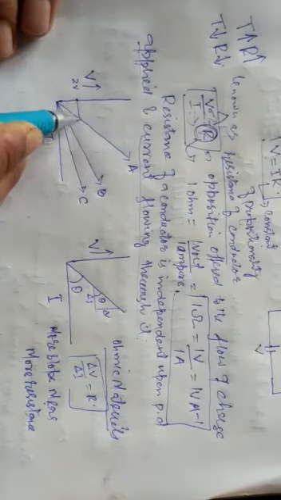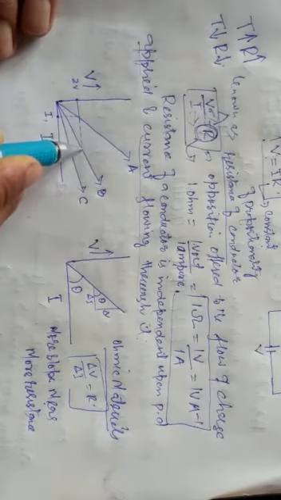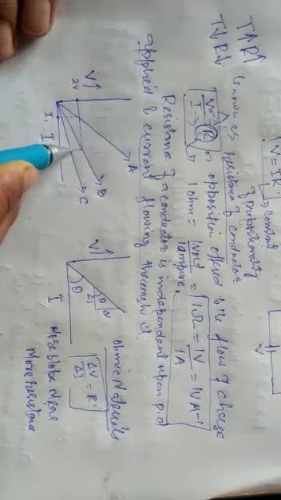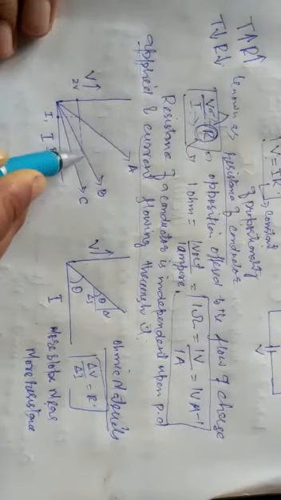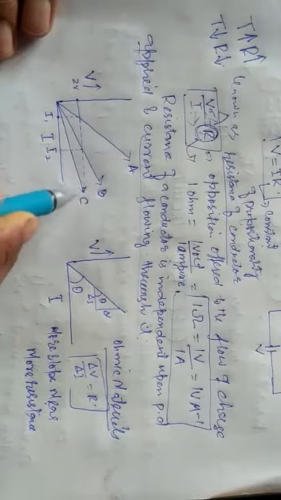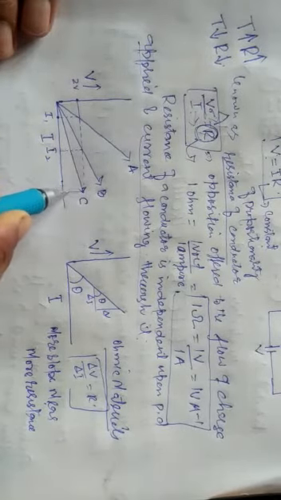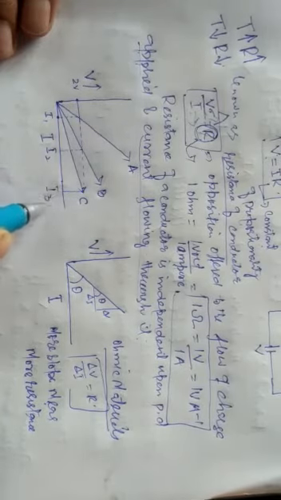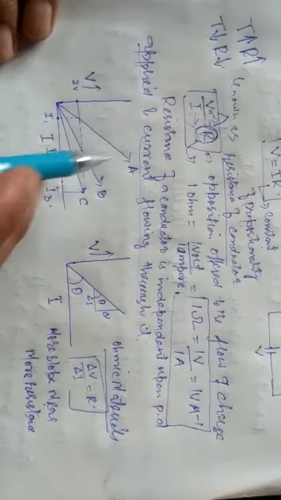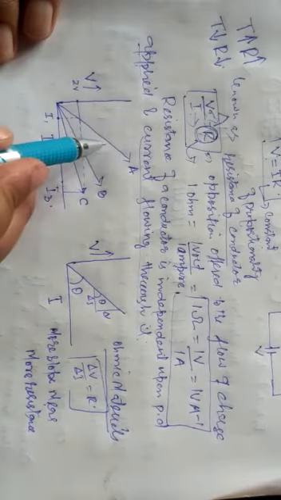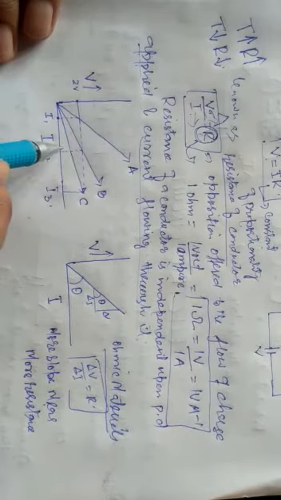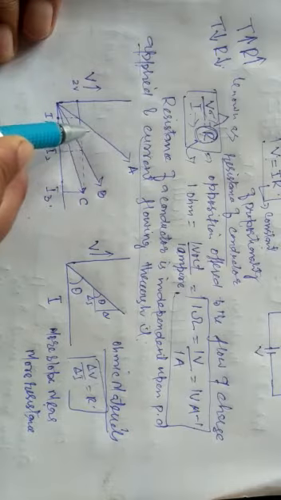At the same voltage, this material B is having more current. This one is having a very large current, I3. So among the three materials A, B and C, material A is having more resistance. The line which makes more angle with the horizontal, which is having more slope, is having more resistance.